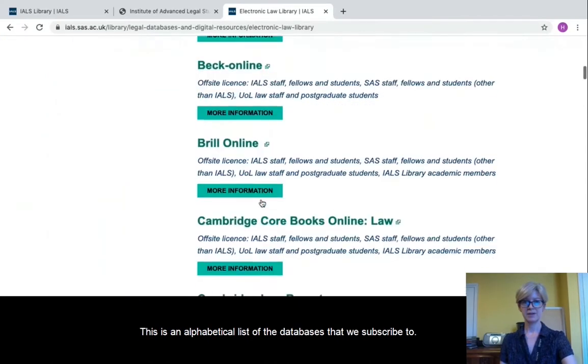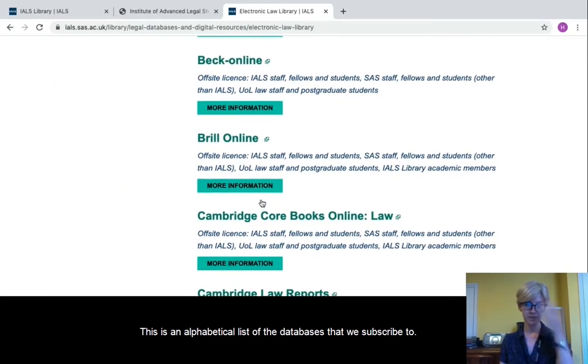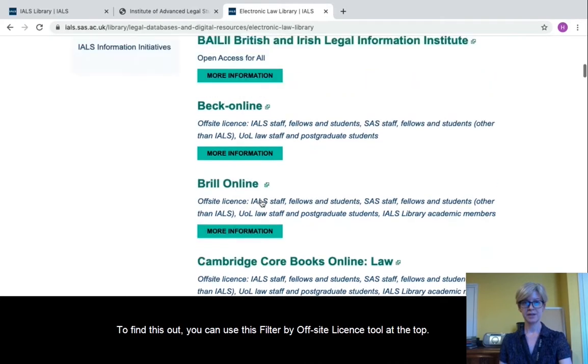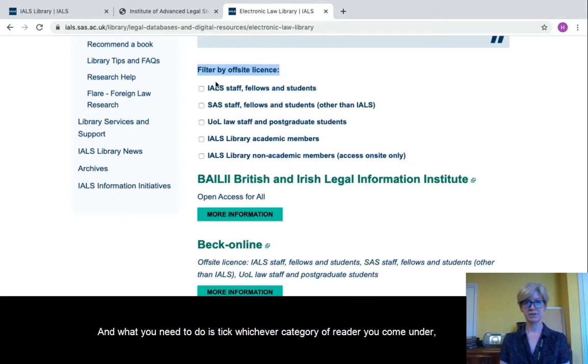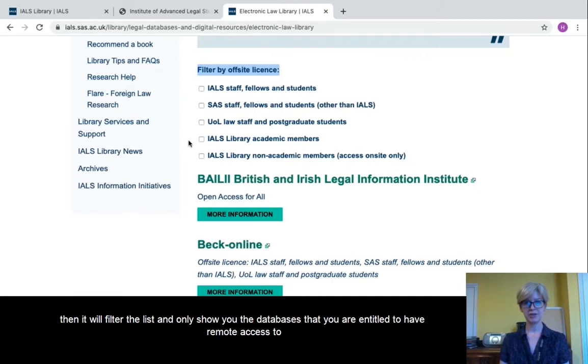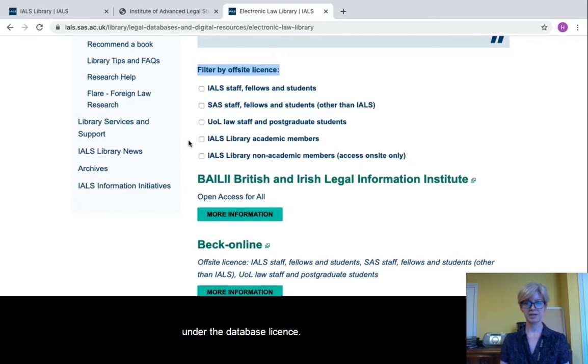And this is an alphabetical list of the databases that we subscribe to. But which ones can you access remotely? To find this out, you can use this Filter by Offsite License tool at the top. And what you need to do is tick whichever category of reader you come under, and then it will filter the list and only show you the databases that you are entitled to have remote access to under the database license. So if you're actually doing your PhD at IALS, you would tick the first category, IALS Staff, Fellows and